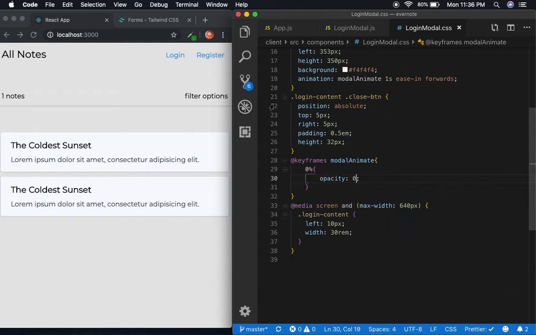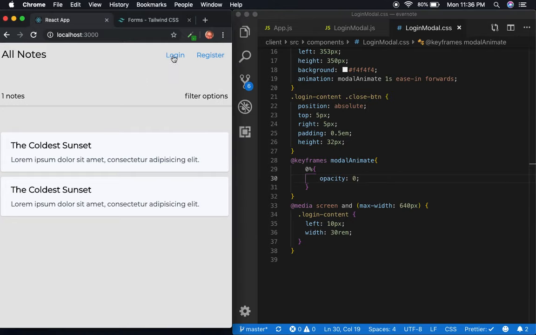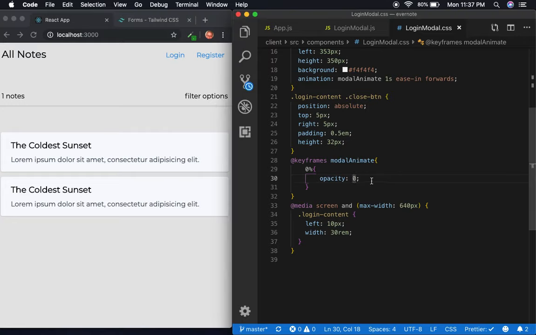Okay, so by default, you don't see it. Of course, you don't see it anyway because we don't hit the login button. But when we hit it, it's going to be at 0 opacity. And then when it slides down, it's going to fade in. So it's going to have that fade in effect, by being at 0 for starters. And then at 100%,